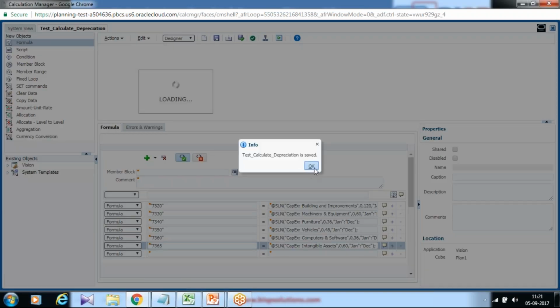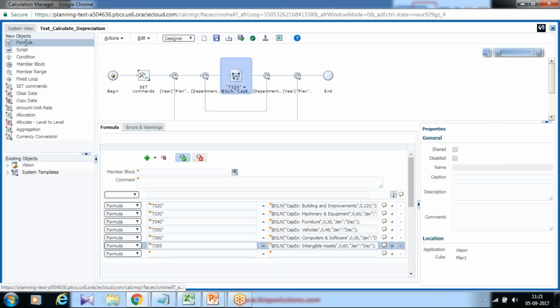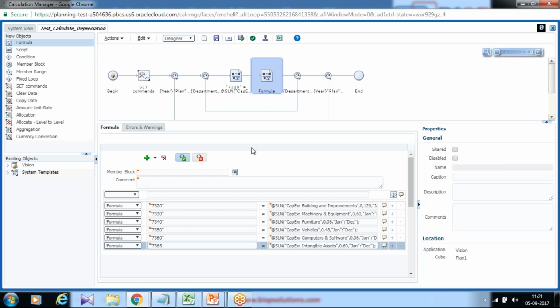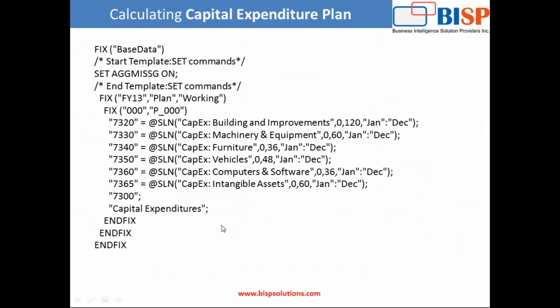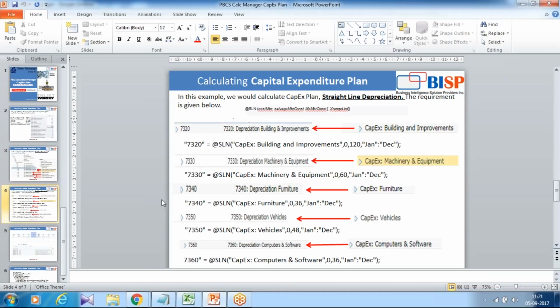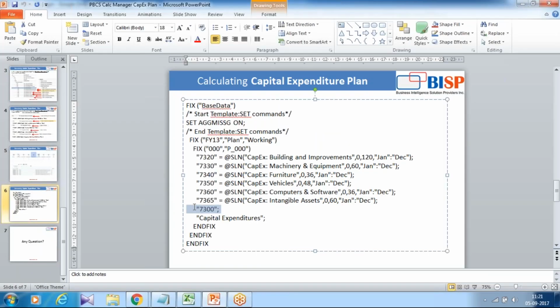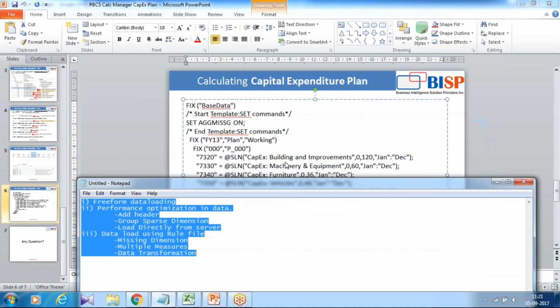I create another formula to make sure I limit my calculation only to depreciation members. Therefore, I drag and drop and apply the formula over here. The calculation should take place for all the children of depreciation and capital expenditure.